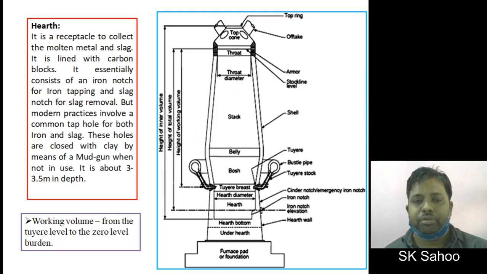So the figure shows different important volumes of a blast furnace, and the most important volume is the working volume, which accounts for all the reductions from the tuyere level to the zero stock line or zero burden. Generally, what is zero burden? When the big bell is closed, the line which is formed due to the base of the big bell is called the zero stock line. So that much height is considered, and depending upon that height, the volume is called your working volume. So it is the essential volume for reduction. So it implies that the hearth is a reservoir for metal and slag.